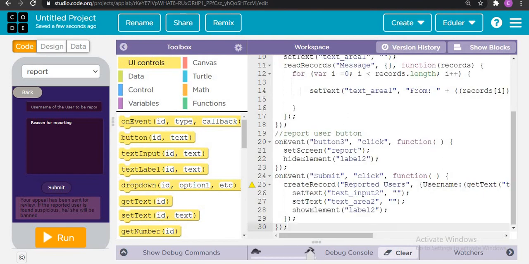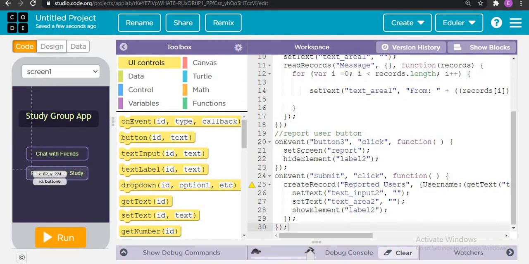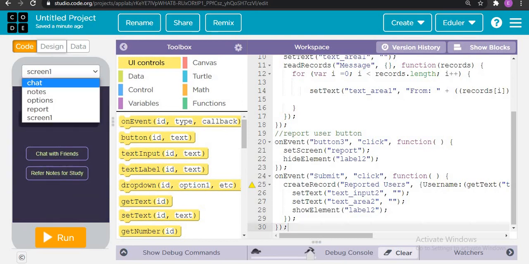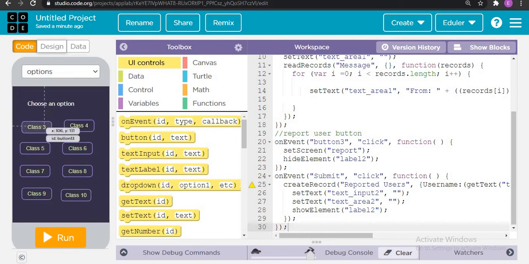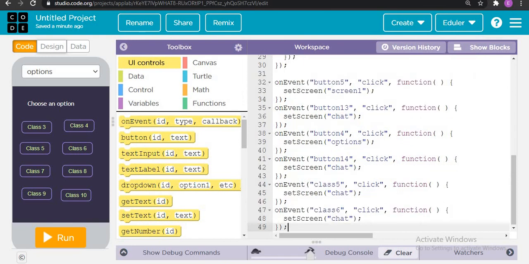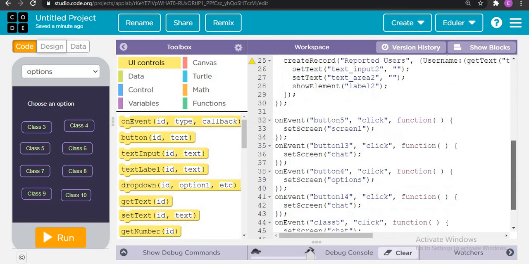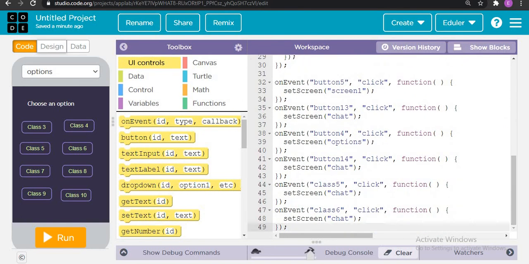Next, what we have to do is simply add all the buttons so that on screen number 1, when this button is clicked, it should redirect them to the particular screens. And when this option is clicked, it should go to the particular screen. So we are just doing that here. You can do it on your own, or take a snip of it, or pause the video.